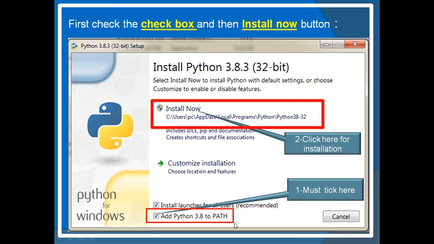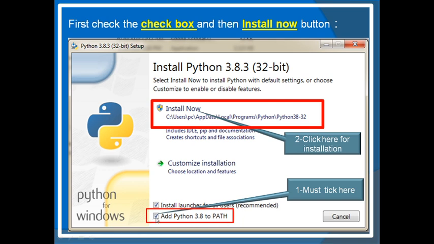Otherwise, at a later stage, when you start installing libraries using the pip install command, packages will not be installed in the appropriate place in the folder of Python 3.8. So this is a must. You should remember it.